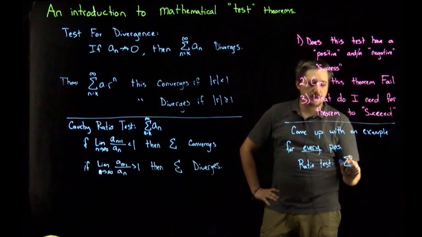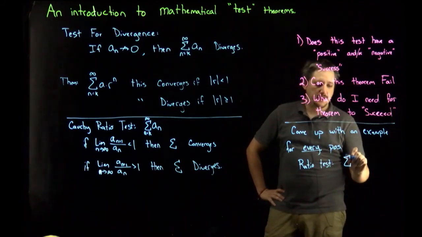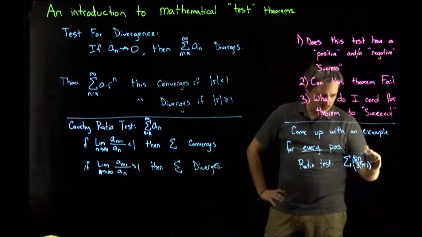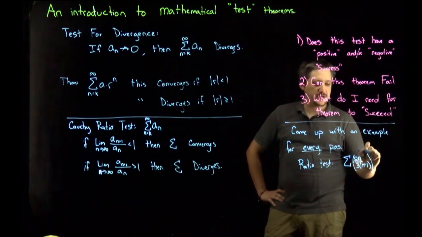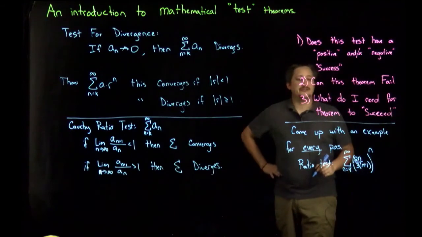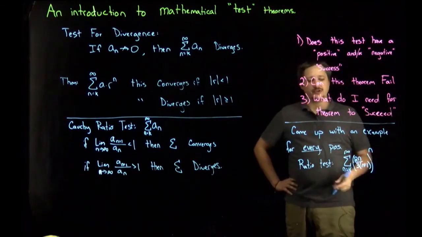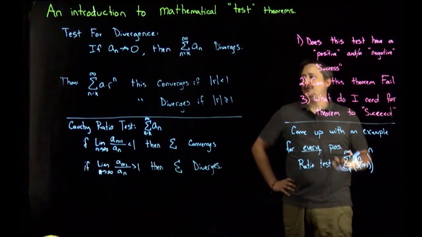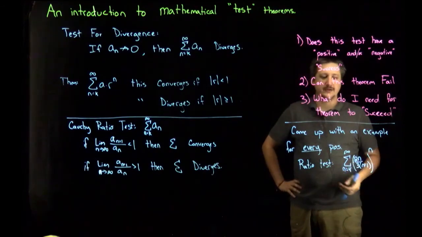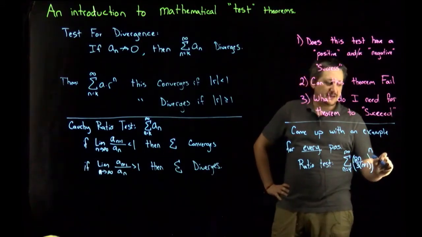the series, let's say, 2^n over 3^n plus 1, n equals 4 to infinity. So this is a good example of a situation where if I did the ratio test and I did it out and I finally got an answer, I could actually show that this thing converges, because this as a ratio will end up going to something like 2/3. So this would be converge,